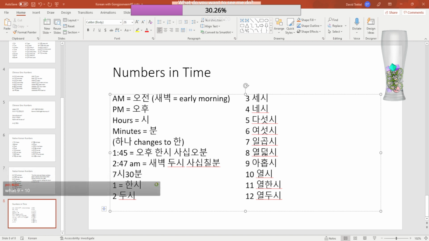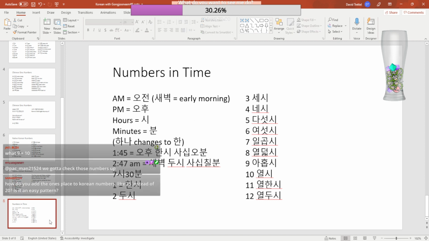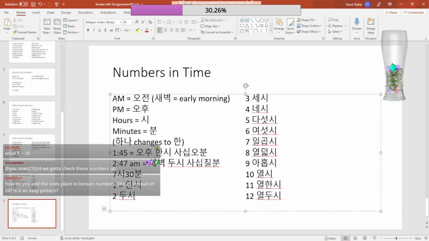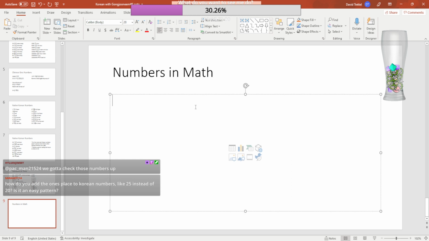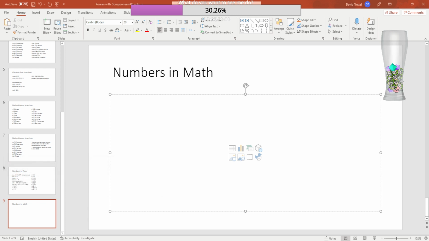Oh, so also 9 plus 10. Okay. This is where, if we actually go into math, it's still the same, right? We still look at it, but okay. How do you add the ones place to Korean numbers like 25 instead of 20? Is it yes? So again,